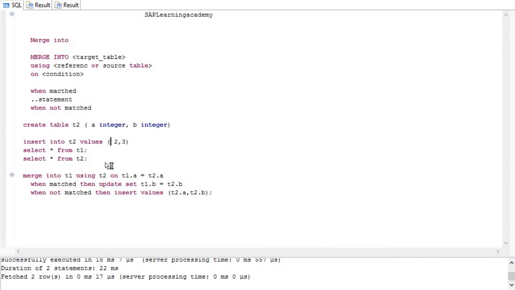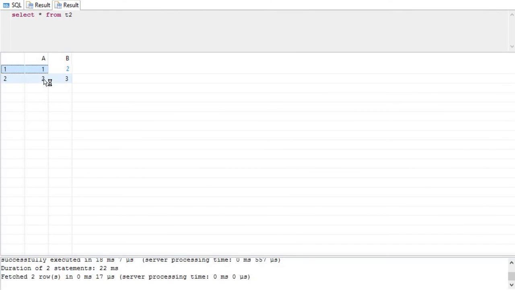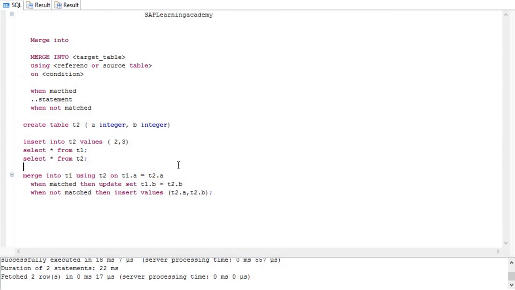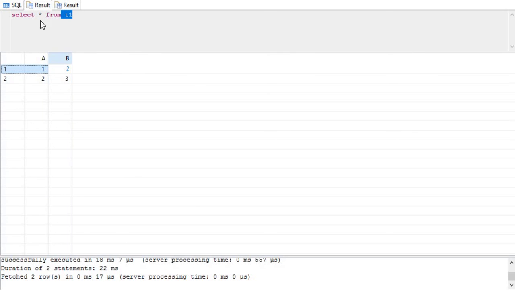Now the other statement, WHEN NOT MATCHED. Suppose there was only a single record in T1, that is 1 and 1 earlier, and when it does not match, like the second row in the T2 table, where the data is 2 and 3, and we are doing the condition on A. In the T1 table, earlier we did not have the second row with the value 2.